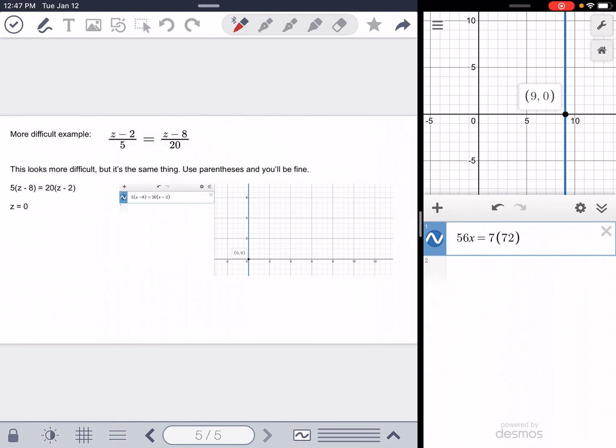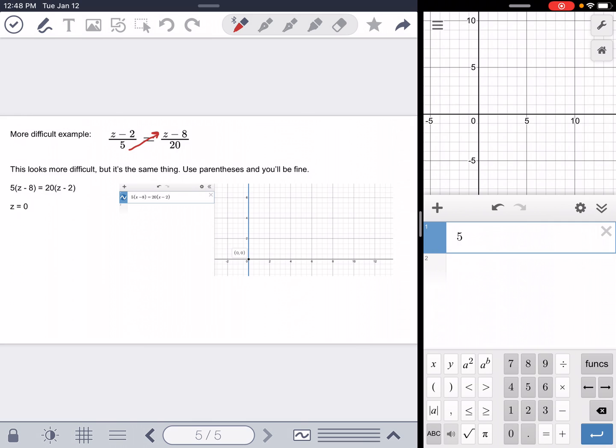Last example. Now this is totally different because I've got variables in both of those parts. Also notice that the variables are z's. And when I use Desmos, I can only use x's. So cross multiply here. 5 parentheses x minus 8 equals,